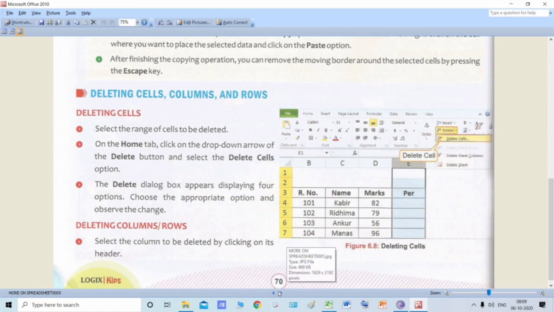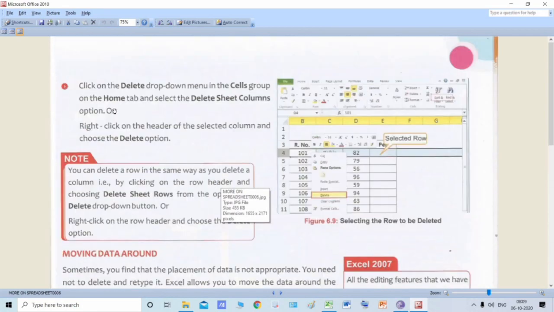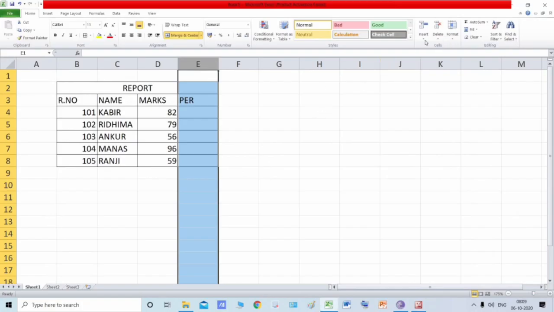Now what we need to do: click on the delete drop-down menu in the cells group on the home tab and select the delete sheet columns option. Again on the home tab, go to this cells group, click on this delete drop-down, and this time click on this one. Don't click on delete cells, go to delete sheet columns and click on this,